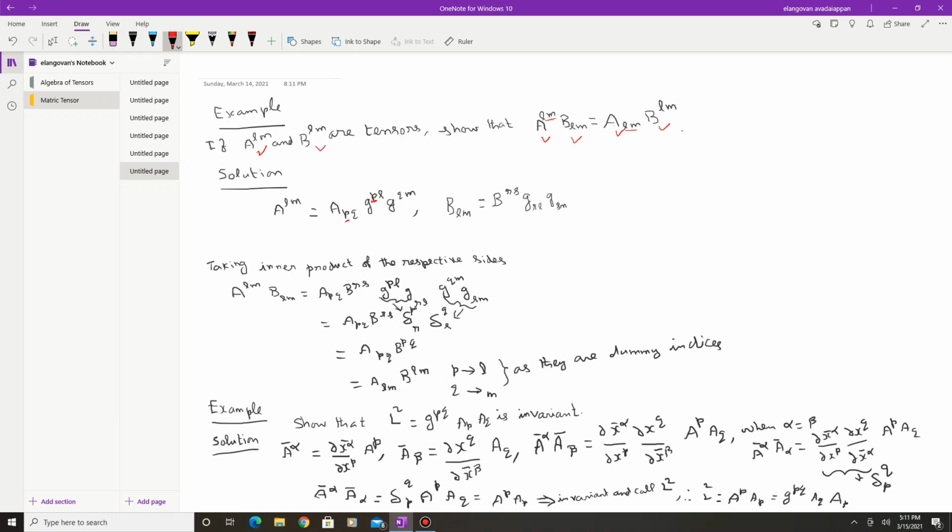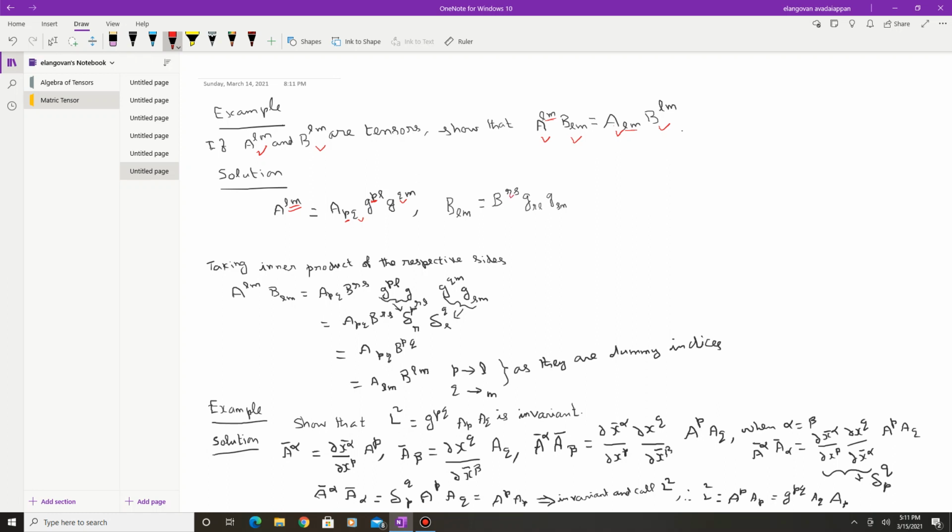So if you perform the summation here, this Q and Q, since it's a dummy index, Q will be removed after summation. P also will be removed after summation, and you will get finally L. So the superscript, the contravariant index alone will be present, AL. Similarly here, BL. If you choose B, the contravariant tensor, and if you multiply by the covariant metric tensor, so